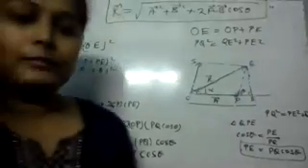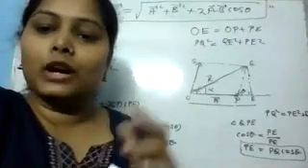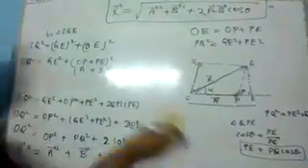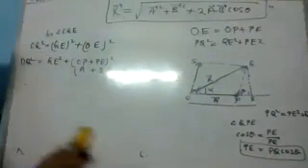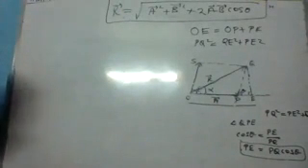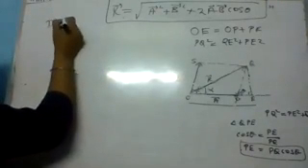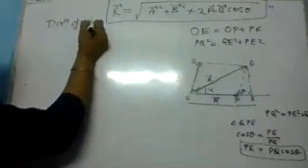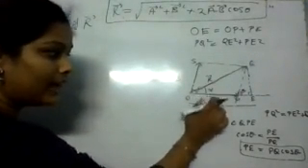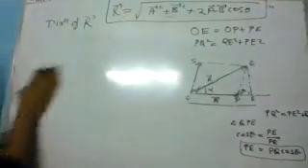Now the second step we have. This is the magnitude of your resultant. Now we have to find out the direction of the resultant. Okay, so just see the second step. Direction of resultant R. As we know that this resultant is making alpha angle with the A vector. So from this triangle, we will find out